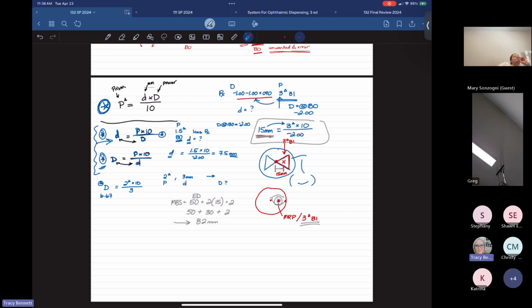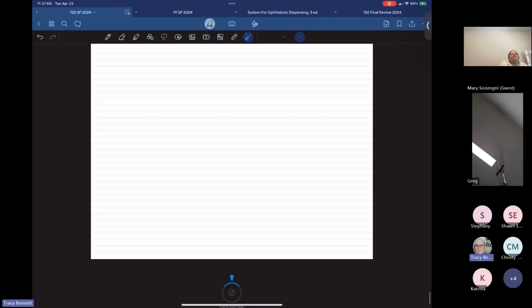Let's see. I was just trying to hunt to see what other math formulas I need to memorize. Yeah, the transposition. Yeah, the other one is